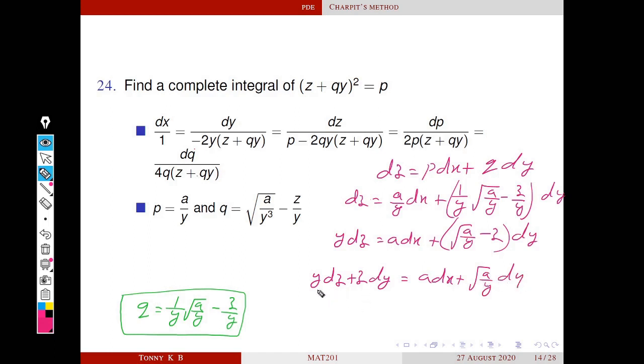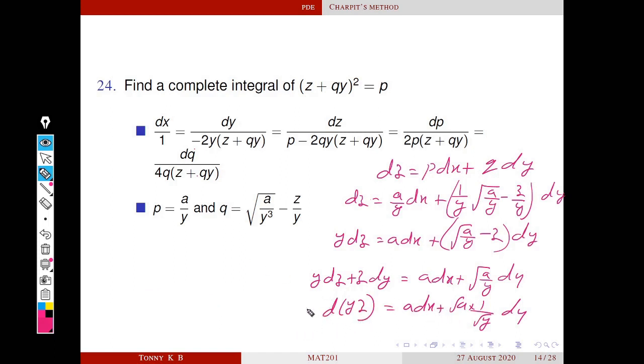So in the left side, this is of the form of our product rule. Y into the differential of z plus z into the differential of y. This is nothing but d of yz. Okay, that is equal to a dx plus, this is square root of a into 1 by square root of y dy. Now all the terms are integrable. Okay, so next we integrate on both sides. We get